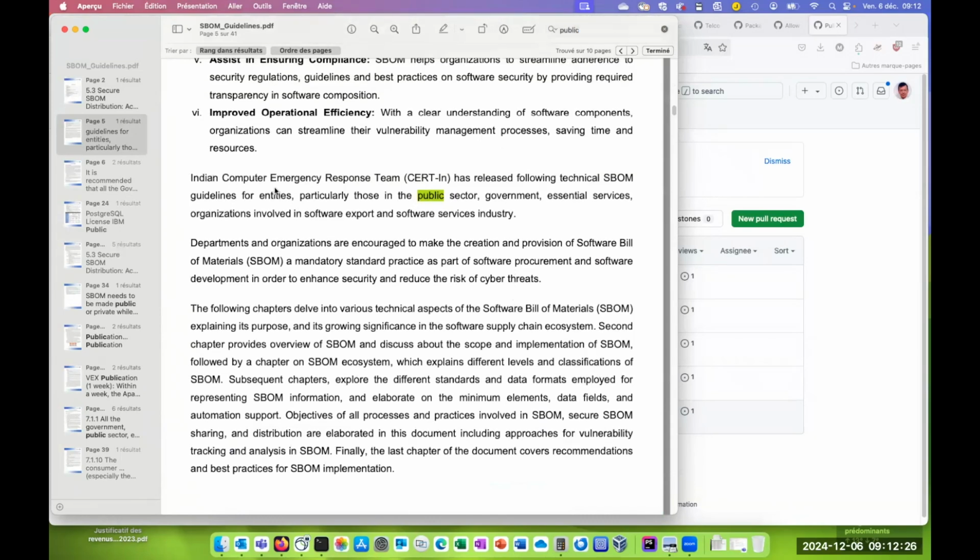Yes, it's written here. They say it's guidelines, so it doesn't seem to be a law. It doesn't seem to be mandatory, and